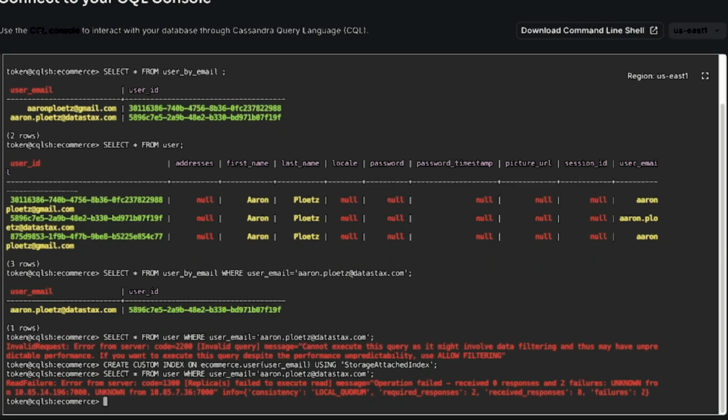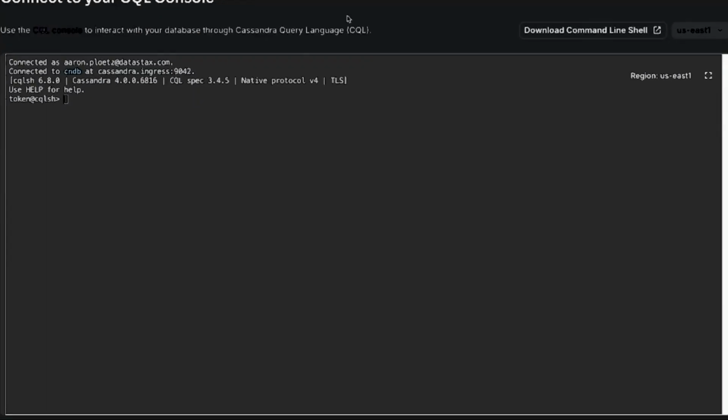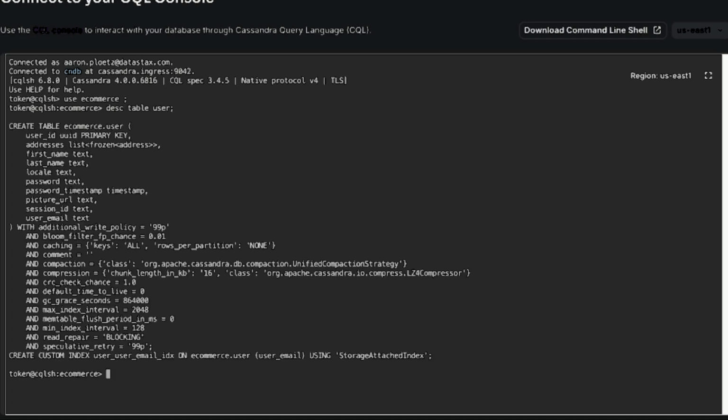Maybe it takes a second for that index to build. We've waited a little bit to give Astra some time to build that index. So let's give this another shot. Let's say use ecommerce, desc table user. There we go. We have our table user. You can see that we do in fact have our index right down here, and it is on that user email column, which is right up here.